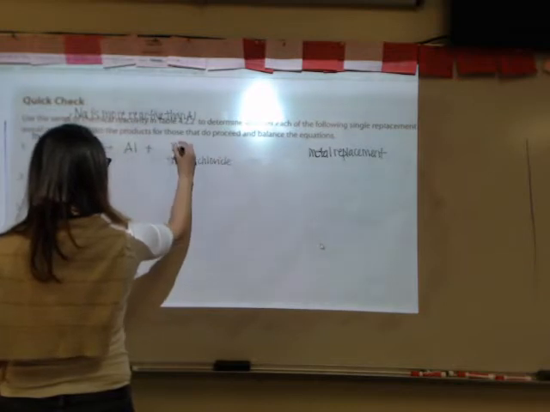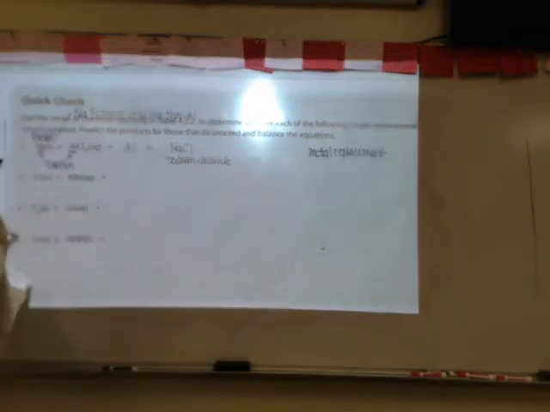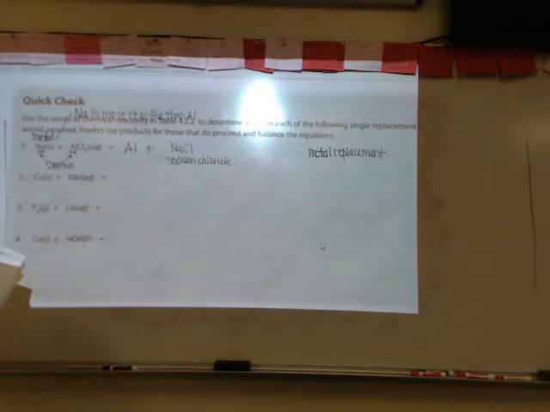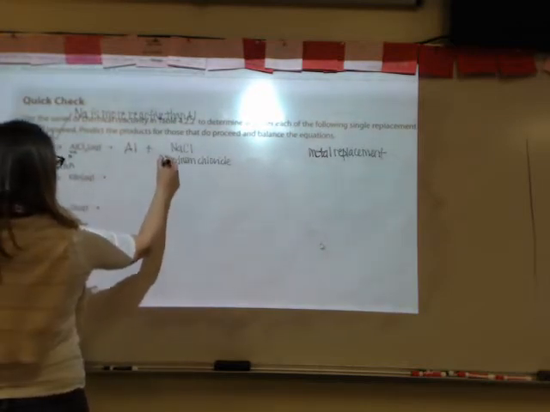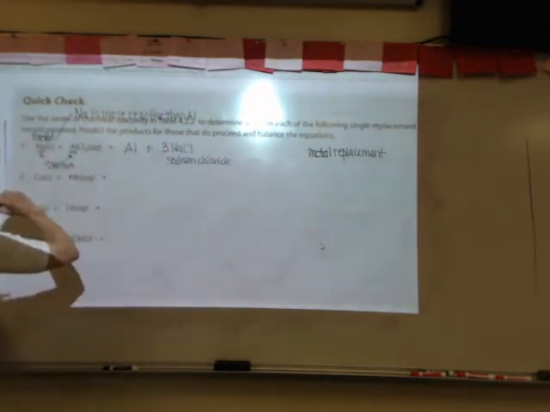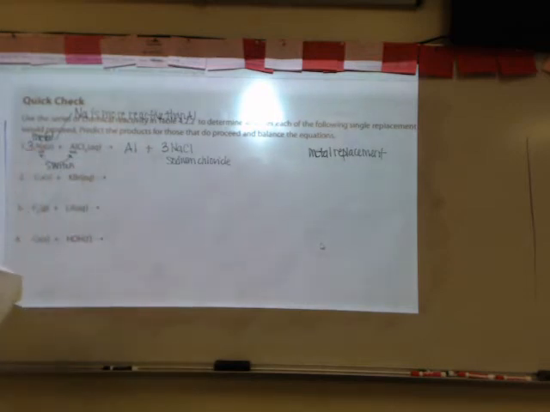Sodium has a +1 charge, chlorine has a -1 charge. They cancel, that's how you get NaCl. I'm going to put a 3 in front of NaCl to balance the chlorine, and a 3 in front of sodium. Okay? Number 2, I have copper metal